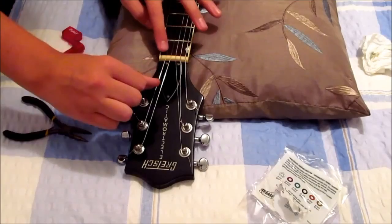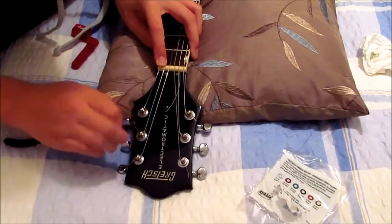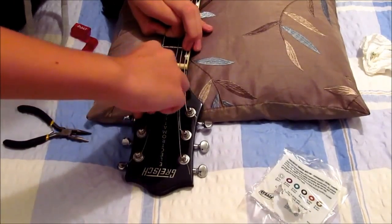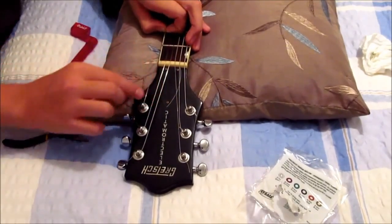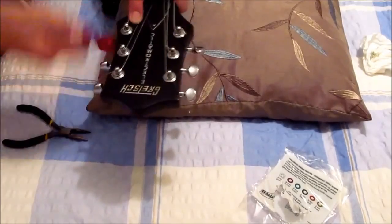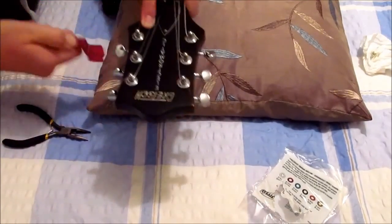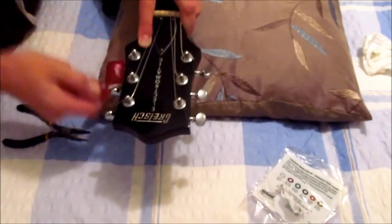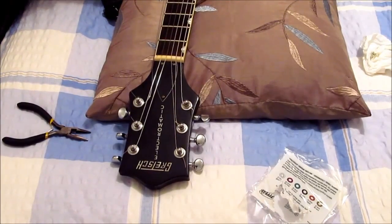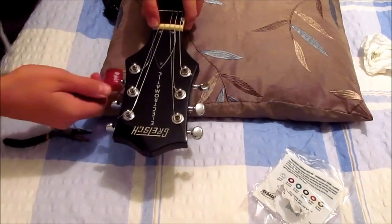Same again, get it in the bone and on the bridge. Put it through the hole. Okay, and work back 2 frets. Make a little bend. Okay, then the string and just, okay, just make your final adjustments. Make sure it's still in the correct position on the bridge, and it's still on the bone, which it isn't. Okay, and just keep your finger on the bone, then just twist it until you've got